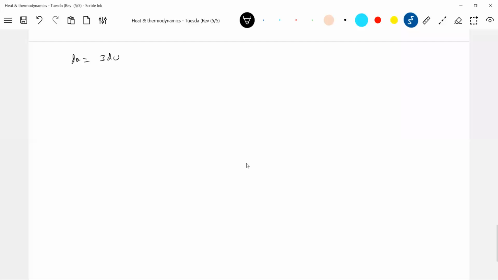What to do here? Again, dq is equal to du plus dw, so dw equals 2 du. P dV is equal to dw. Here du is n Cv dT. Number of moles I will make 1. Then 2 Cv dT. Can we do anything here? PV equals nRT, so I can write P as RT by V.